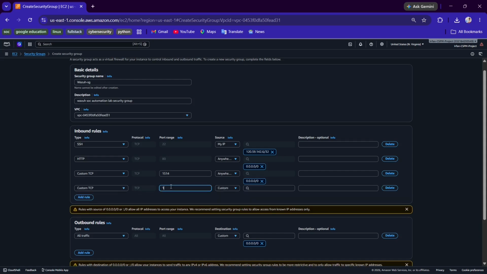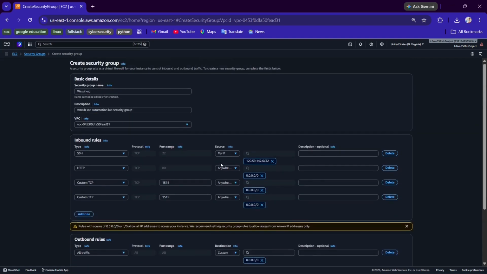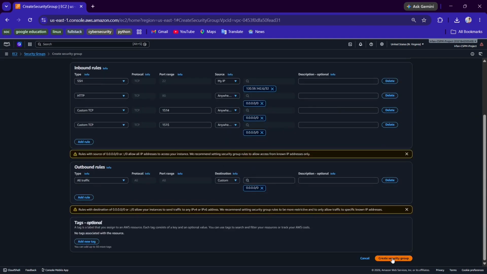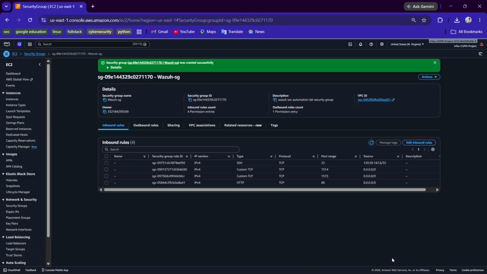You will get why I did that, because those two ports need to be open for our Wazuh EDR. After that, the outbound rule can be default settings. No worries on that. Once that security group is created,